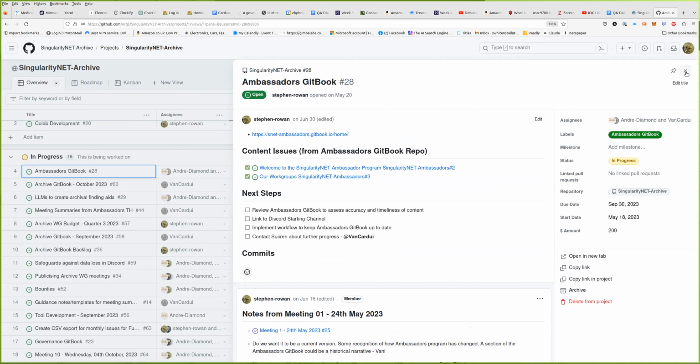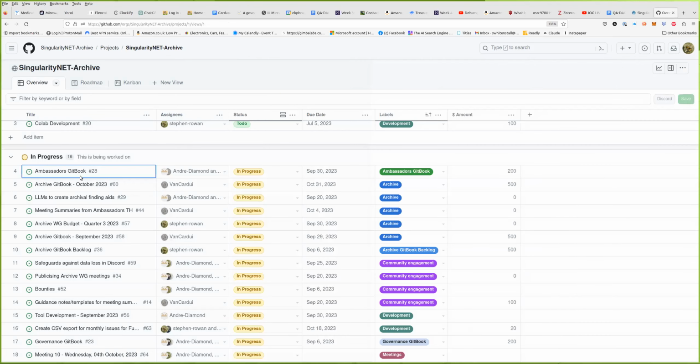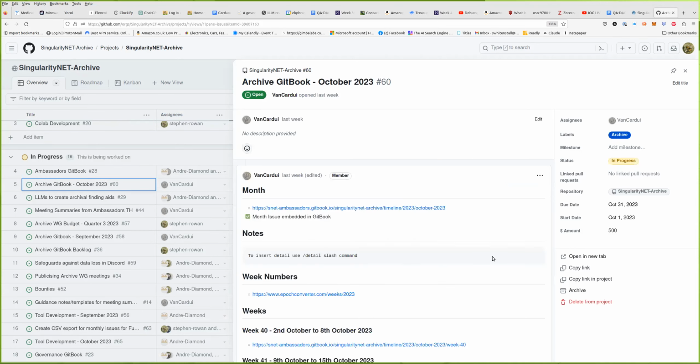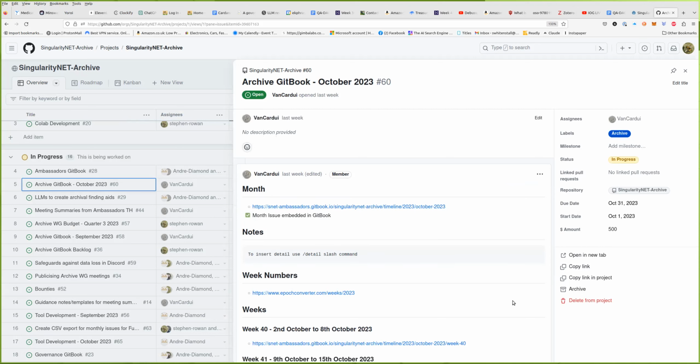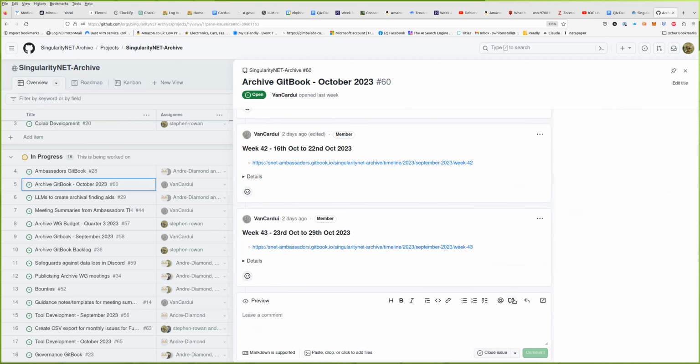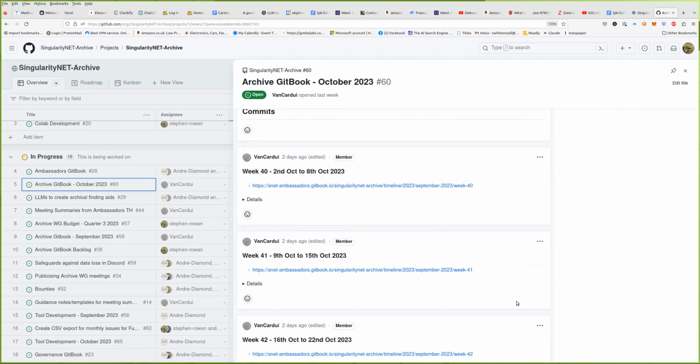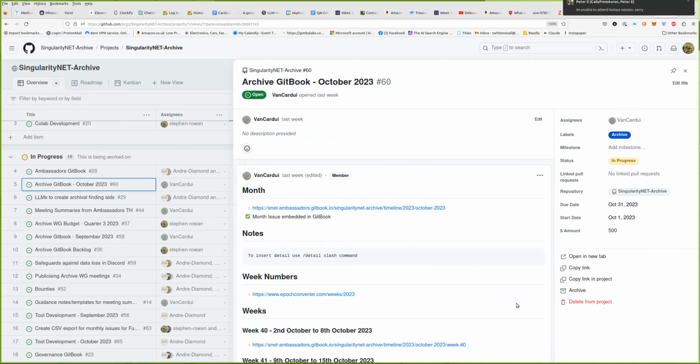Moving on, the next one is the issue for the archive Gitbook for October, and we're currently in October. Vanessa, do you want to give an update on that? Nothing really. People are adding meeting summaries as they normally would, and since it's so early in the month, there's probably little to say about an overview of the month as a whole. There'll probably be more to say when we get to the issue of September. Okay, great, no worries. That's what we'd expect for the beginning of the month.